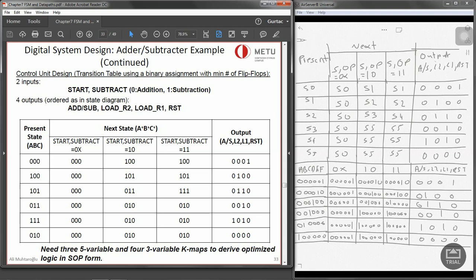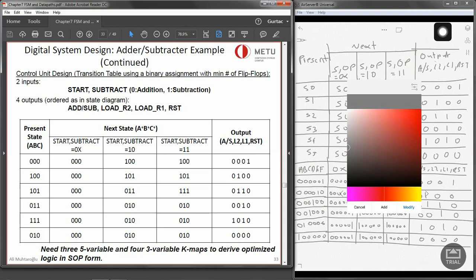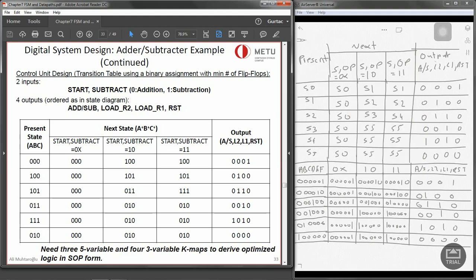So we have got the one hot state assignment state table, and now we have to derive the expression for it. So how are we going to read? If you do remember from the previous chapter, we just need to find out where each of these A, B, C, D are going to happen. So let's start with